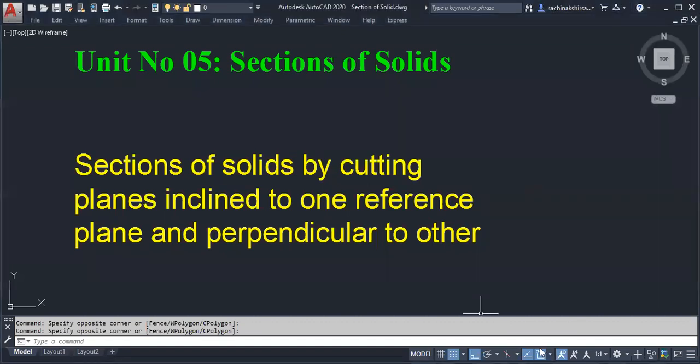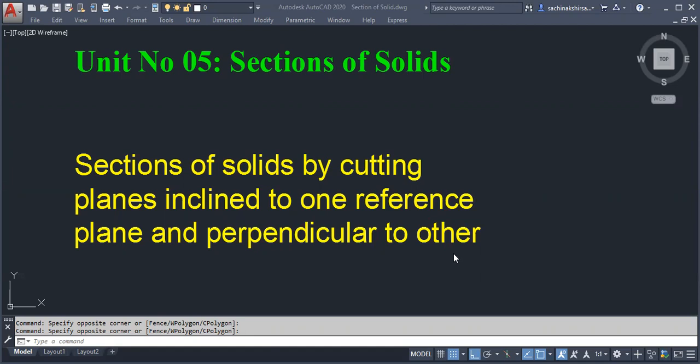Can anybody read? I will ask Lokhande, roll number 25. Sarthak Lokhande.